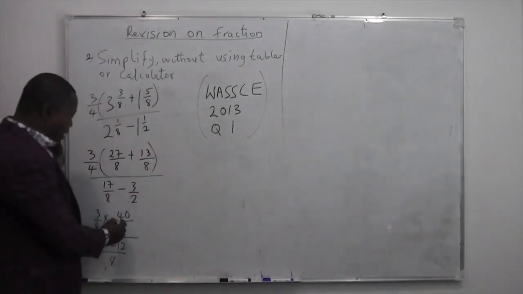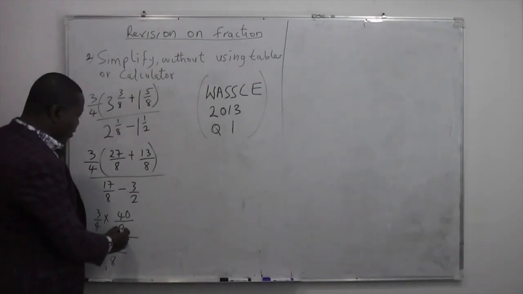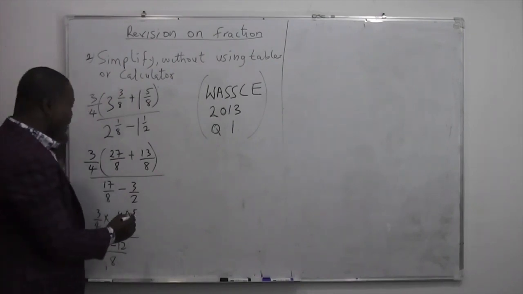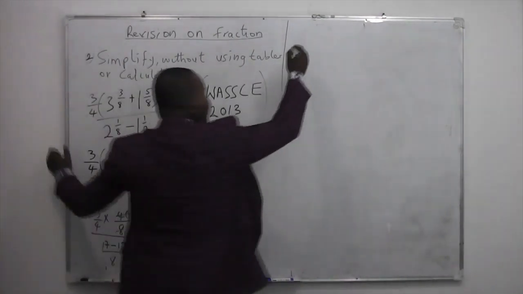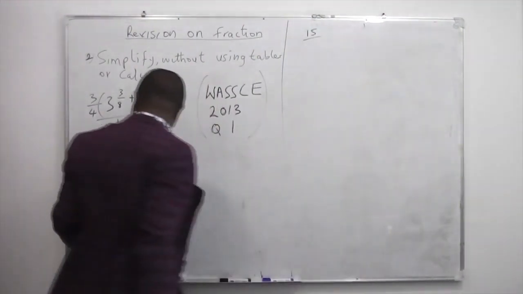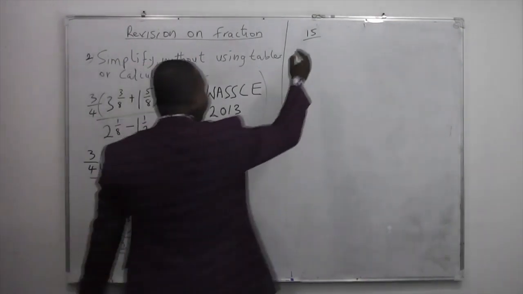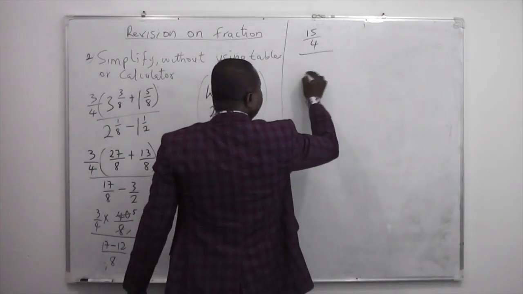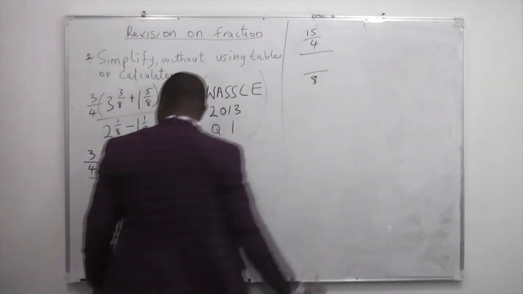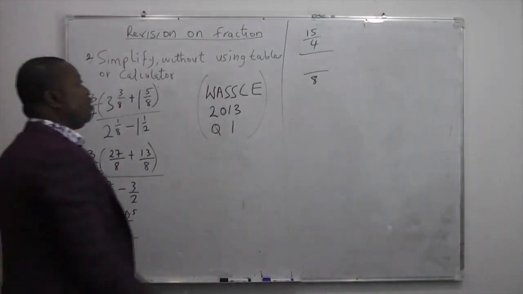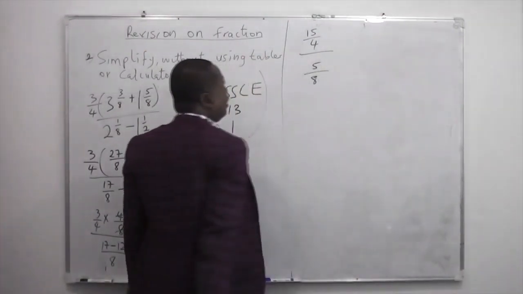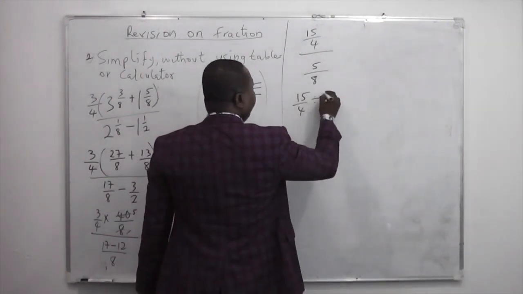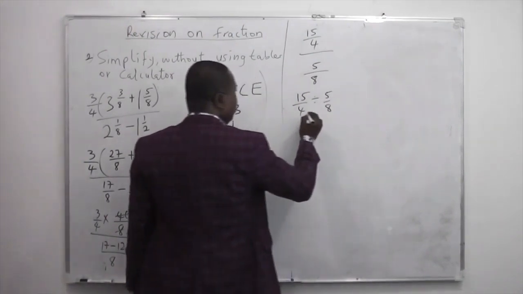Now from this place, I can reduce it. 8 cancel 8, 1. 8 cancel 40, 5. So I'm left with 5 times 3, which is 15. 15 all over what? 4 times 1 is 4. And through the numerator, all over the same process. Here is 8. Now 17 minus 12 is what? 5. At this point you have 15 over 4 divided by 5 over 8, which means you also go to